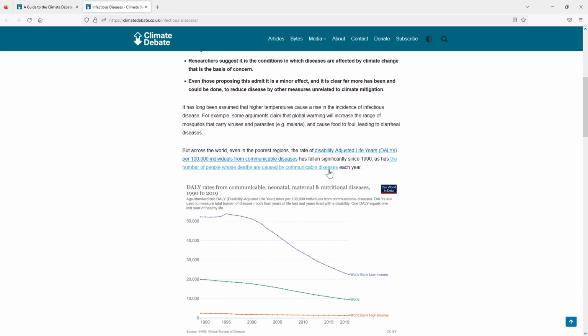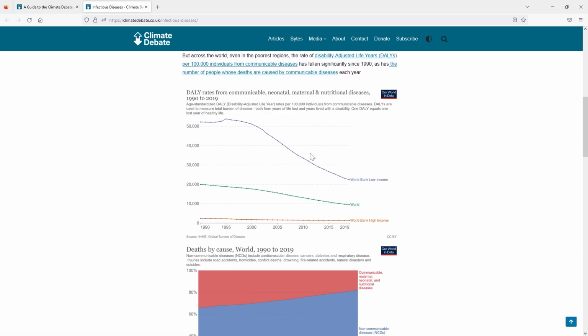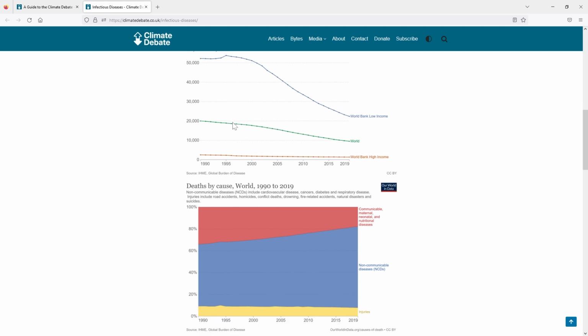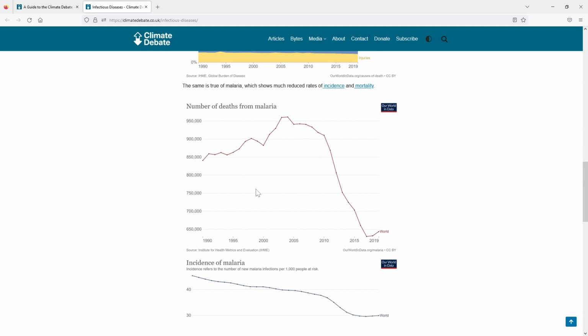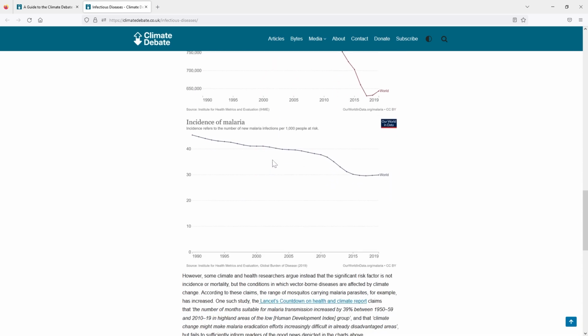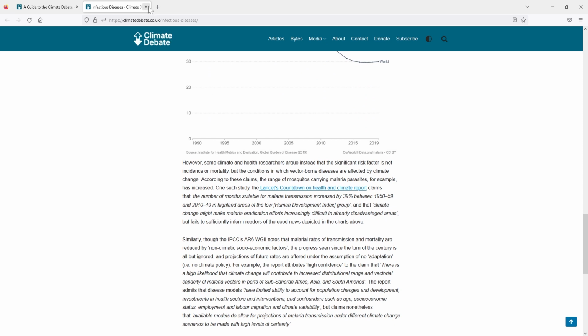So, for example, the claim that's been around for a long time that climate change is increasing the number of diseases in the world, or increasing the effect of diseases in the world, it just simply turns out to have no evidence. And in fact, communicable diseases are on something of a radical decline compared to just a few decades ago. So we're really not seeing the evidence there.